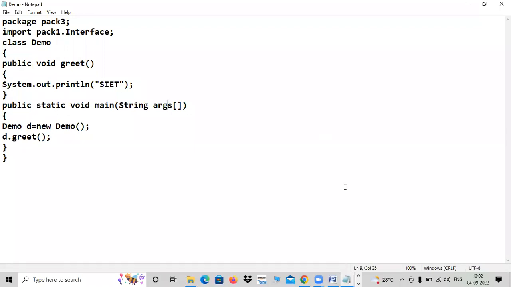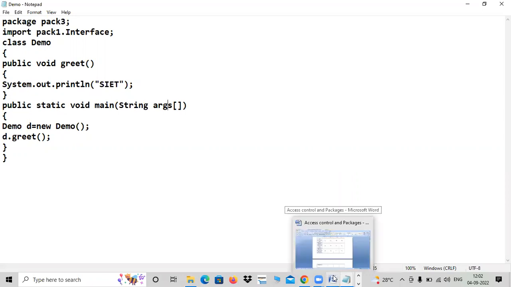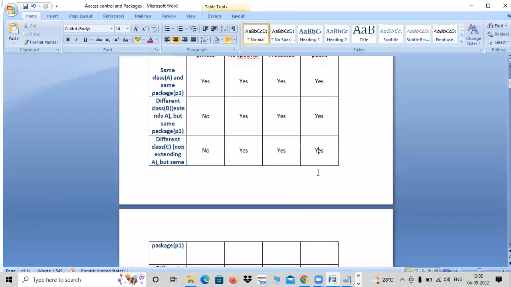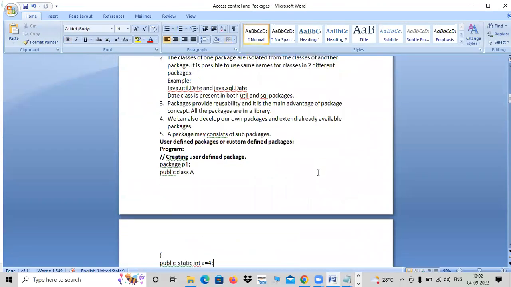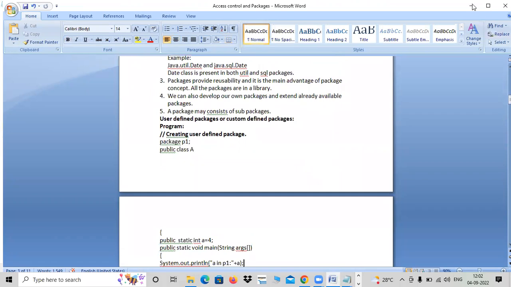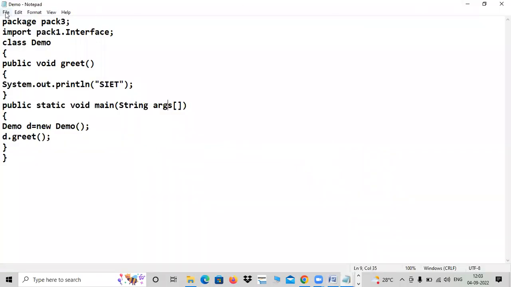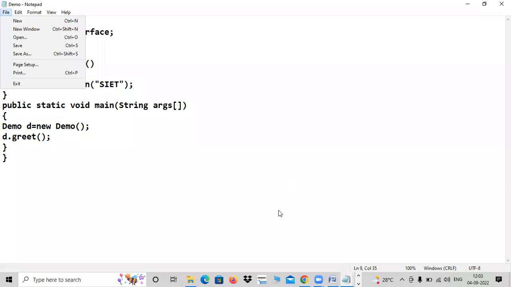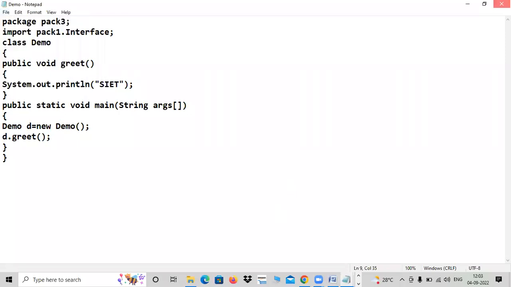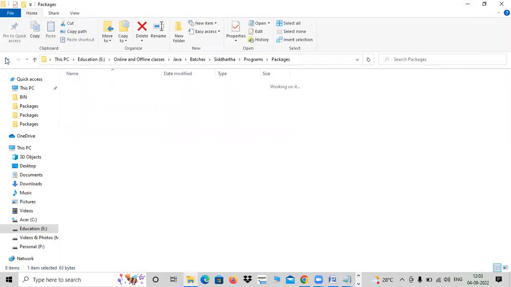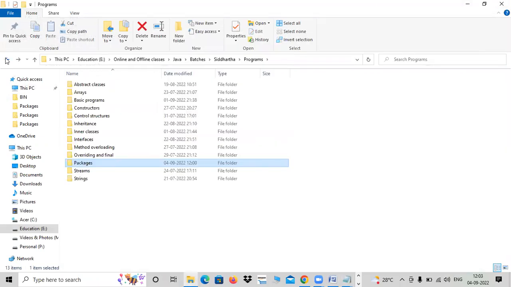Any doubts in this? So only one big program is left. Shall I go with that? Instead of typing, I will show you that program. Let us not waste time. That's why one already done program is there. I will open that folder. I explained that to another student on the other day, just very fresh, that application. I will show you that. Very interesting. Quickly, we can move through that.